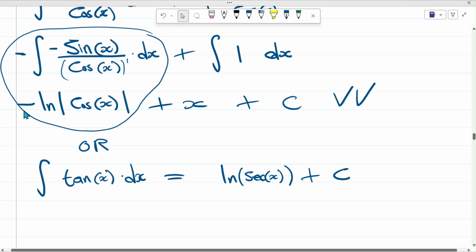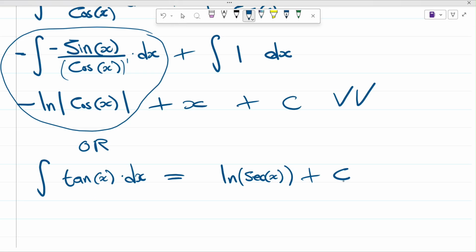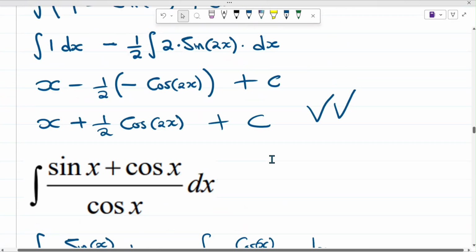When we differentiate this, you're going to get negative sine x multiplied by this negative divided by cos x, which is the same thing. And when you differentiate this, you're going to get sec x tan x divided by sec x. Sec x and sec x are going to cancel out. You're going to go back to the same thing, tan x there. So it is the same thing. So yeah, it's up to you